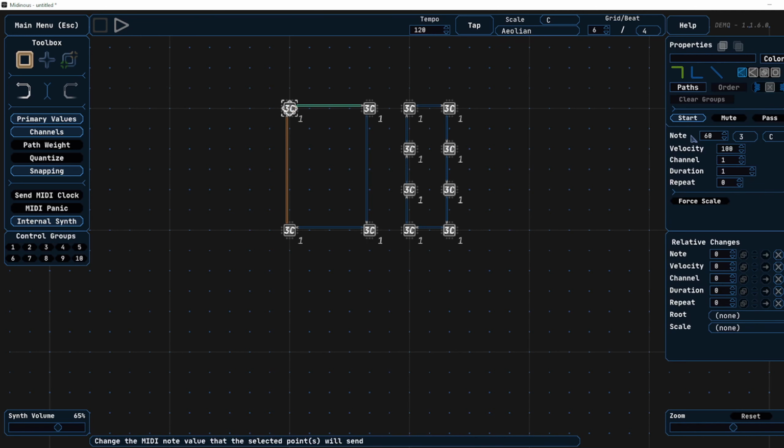And if I click on that, you'll notice in the properties for it, it has start selected. Well, you always have to have a start point for your shapes. And this second shape we drew did not come with a start point to begin with. So I need to set one. So now if we play this,